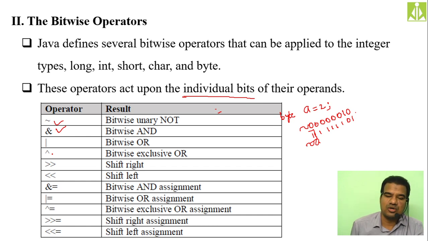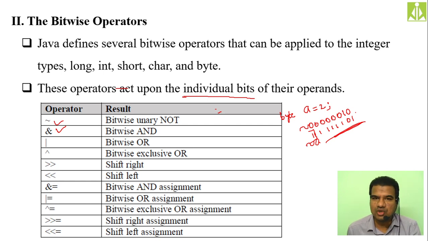Just now I told you, whenever we go for this unary negation operation, it reverses all the bits and the sign bit becomes 1. So this will represent a negative number. Whenever it represents a negative number, we cannot directly get the actual value of it. In order to get the actual number, we have to perform the 2's complement of that number. It is a lengthy concept basically, but we'll quickly do it, because it is in our syllabus.